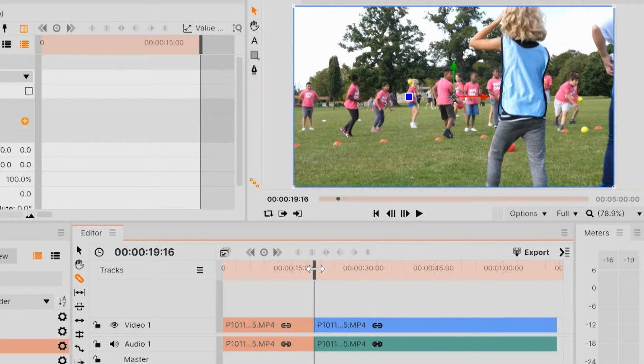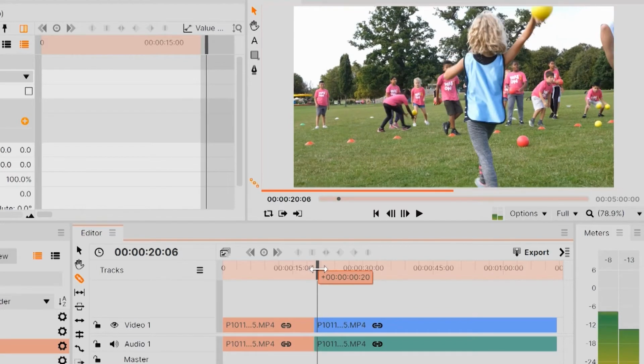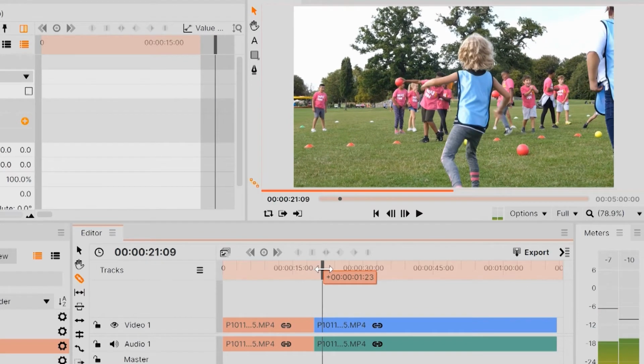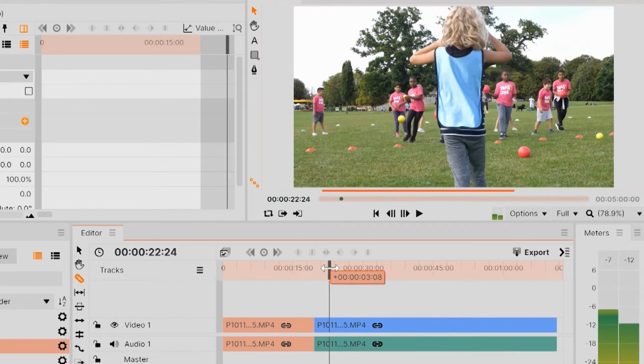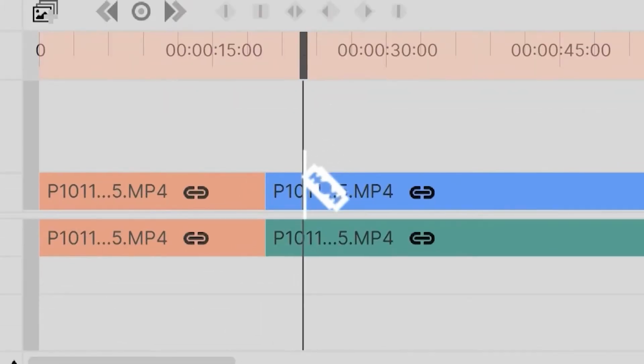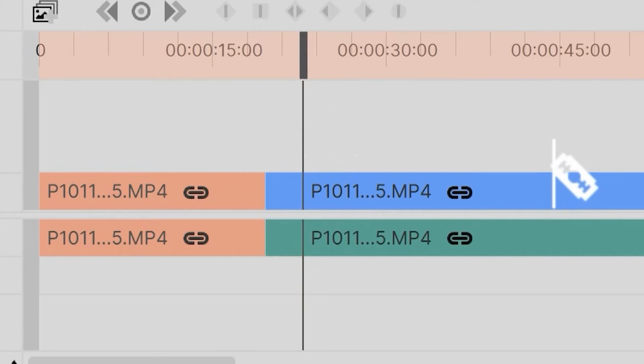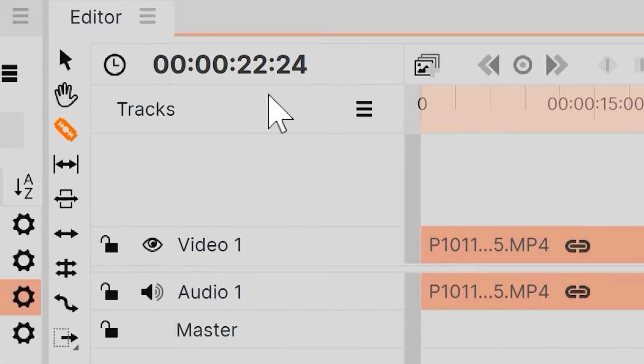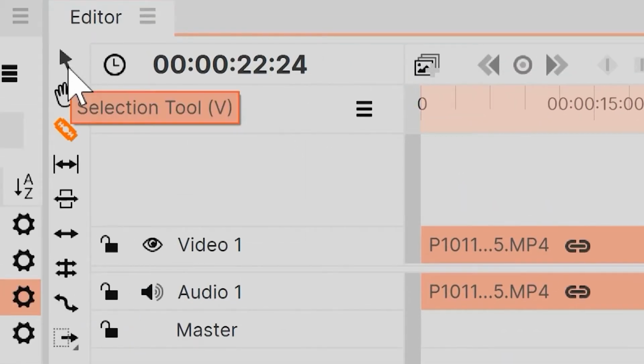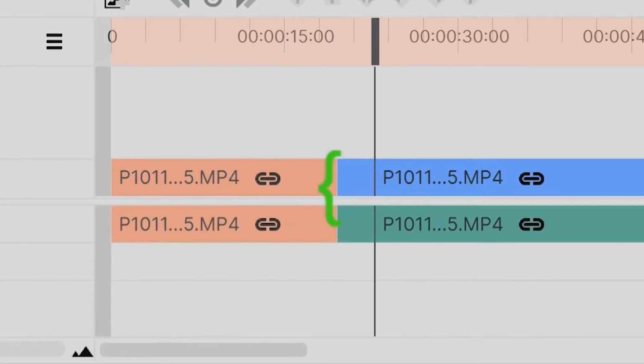So let's say I want to cut this shot of the player in blue as I want to use it at the start of my video. I'll find where I want the clip to end, probably about here, and then cut the video at this point in the timeline, okay? Now, to move this clip, I need to select it by swapping back to the arrow tool, which I do by clicking the arrow icon over here